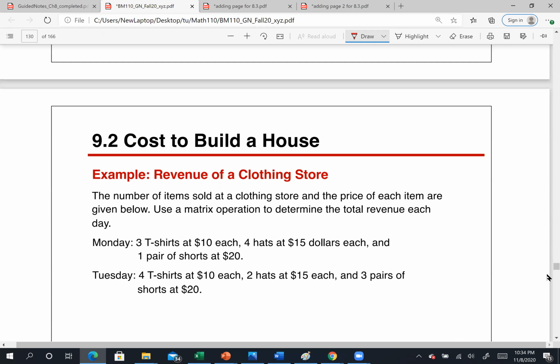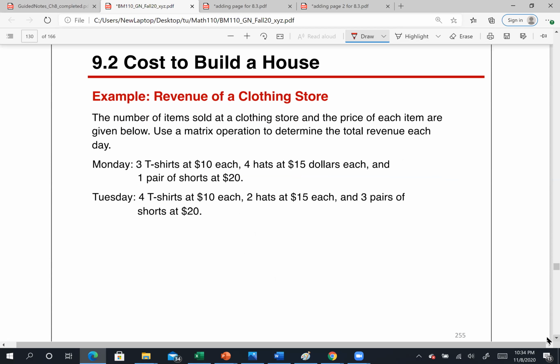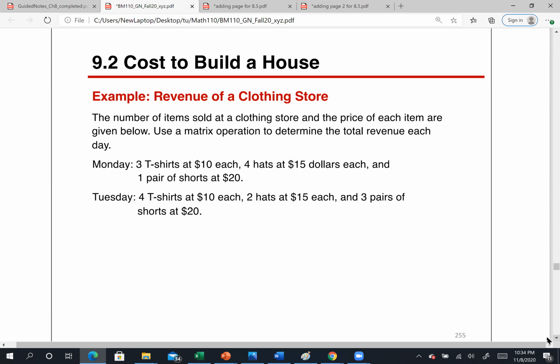We talk about the cost to build a house. So in here we have another example. We talk about revenues of a clothing store. The number of items sold at the clothing store and the price of each item are given below. Use matrix operations to determine the total revenue each day. So on Monday we have 3 shirts at $10 each,